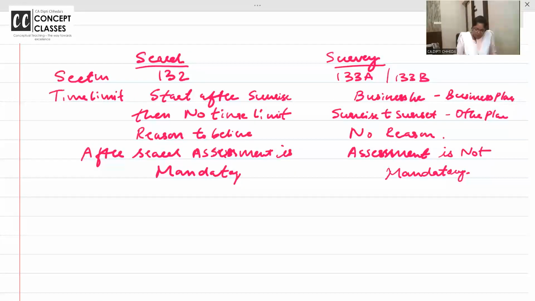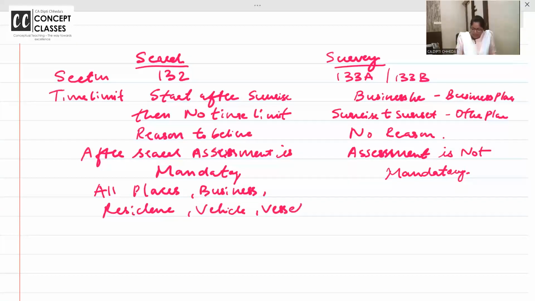सर्च, ऑल प्लेसेस, बिजनेस, रेसिडेंस, व्हीकल, वेसल, एक्सेट्रा, कहीं भी हो सकता है सर्च। सर्वे, ओनली बिजनेस प्लेसेस पे होता है, और अगर बिजनेस घर पे कर रहे हैं तो फिर रेसिडेंस पे होगा।